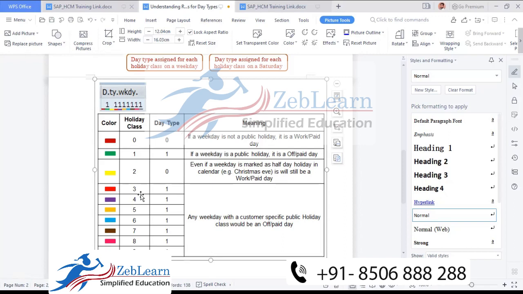Any holiday apart from the national holiday and the regional holiday, according to the standard holiday, we will consider as a customer holiday, customer specific. For that purpose, we need to select a holiday class between 3 to 9. The system has given lots of options, 3, 4, 5, 6, 7, 8, 9, because there can be lots of holidays. We can consider anything from here according to customer requirement, but normally in a standard way 0, 1, 2 is enough, and for day type 0, 1, 2 is enough. For 3 to 9 we can consider special and off day types will be different. That is customer requirement, customized requirement.